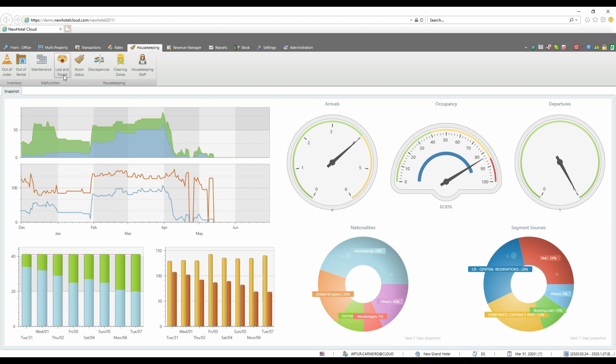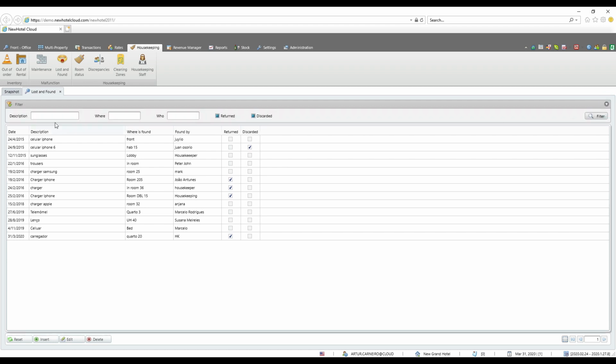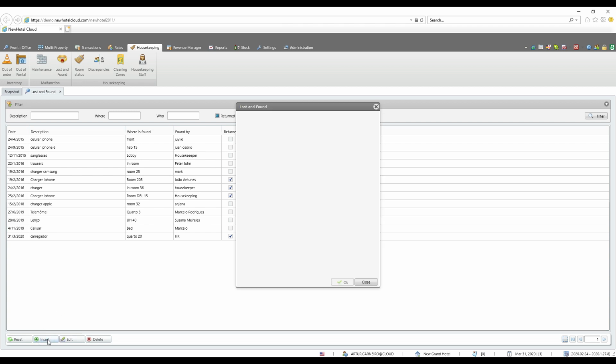Lost and found is where you register all the items that you find in the hotel. We can see all the registrations for items we found, if they have been returned or discarded or are still in our possession. We have some filters here that we can use. And to insert a new lost and found, we just need to press Insert,